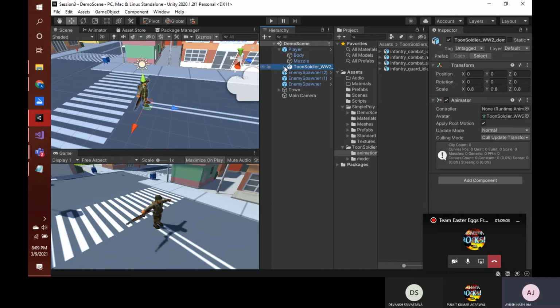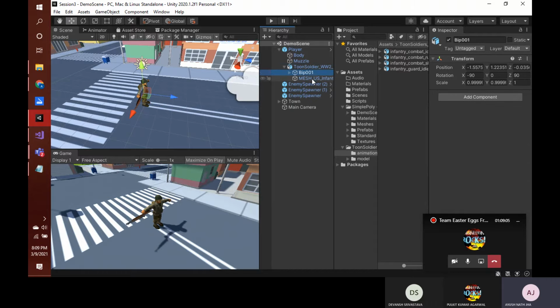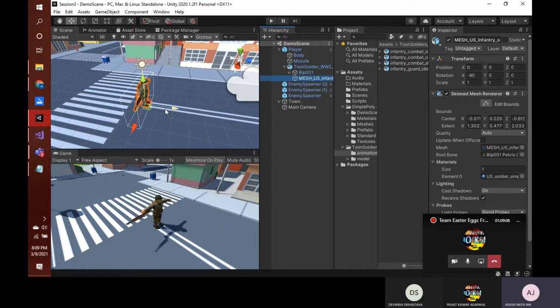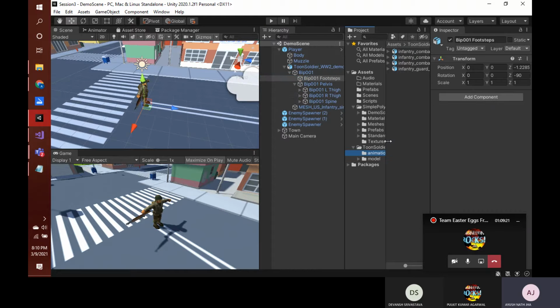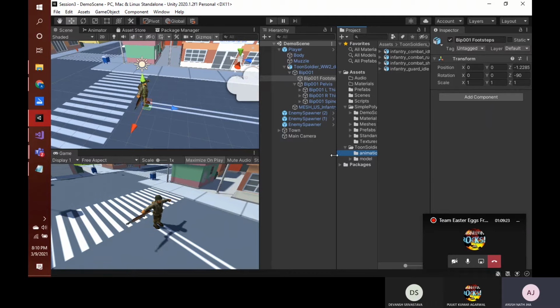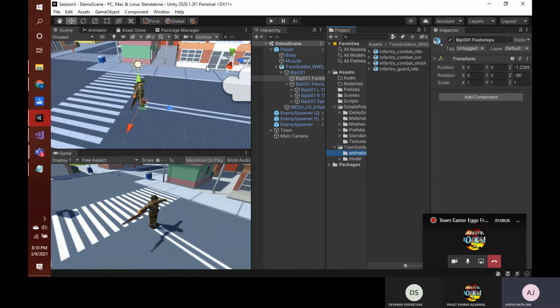Okay. So here within this, now we have this BIP, and this we have mesh. This mesh is basically the complete data for the complete vertex out of which this model is made. And within this BIP we have all the things, like we have this pelvis, we have this foot part, and then in the pelvis we have this spine and thigh, left thigh, right thigh, and within this we have the subsequent parts of the body. So all the joints of the body are composed in here. Okay. Now we need to fit animations like idle, run, shoot within this guard.